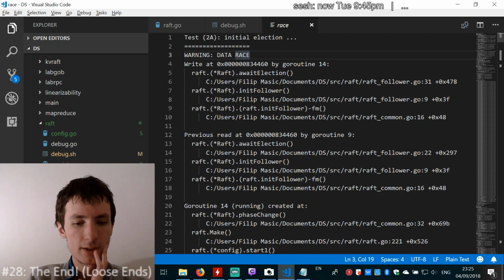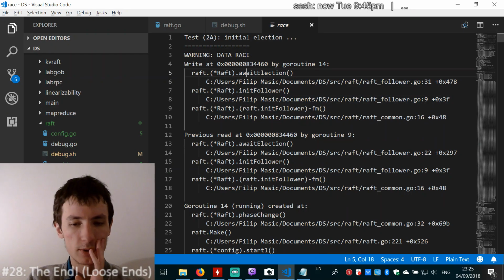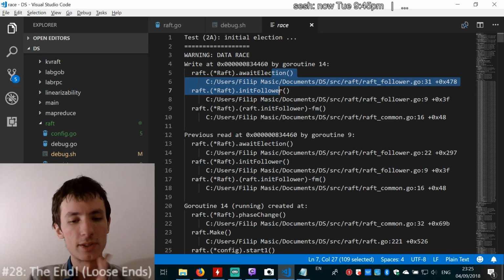Well, let's look at a few examples. So, for starters, we have... I'm trying to figure out what order this dump is in. So when it says await election, oh yeah, init follower called await election, and then init follower was called by something else. I know await election always follows init follower, so I'm thinking this is the latest function,